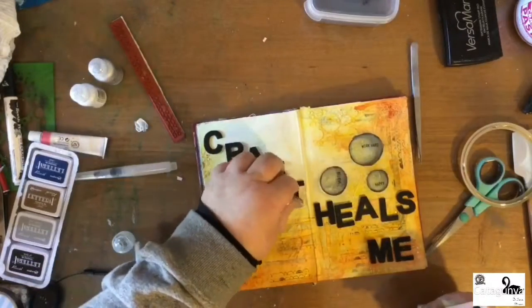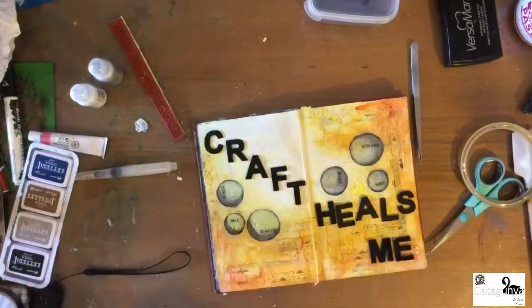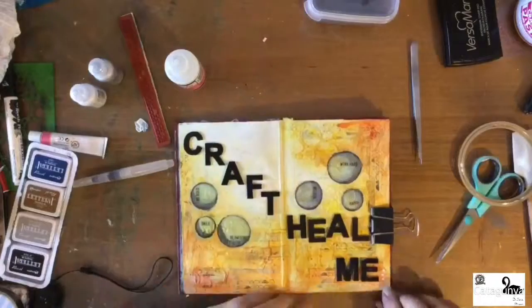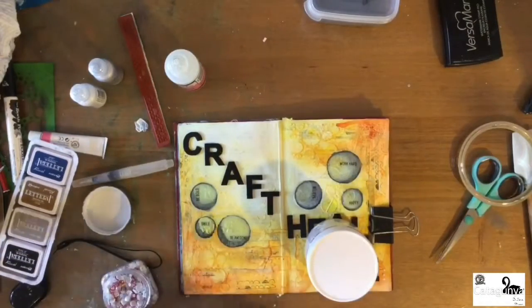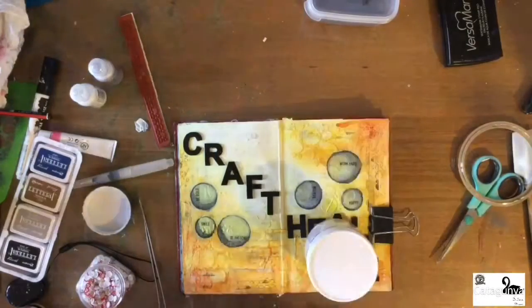I can actually write down my feelings and cover it up with something pretty, sometimes really good, sometimes so-so, but I'm also finding I'm loving the journey and actually showing people how I do what I do. So now I'm just going to add some more of the liquid glossy accents, or